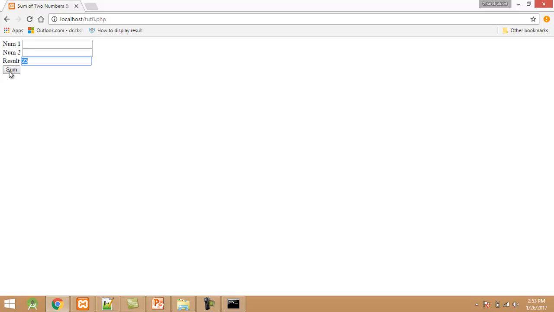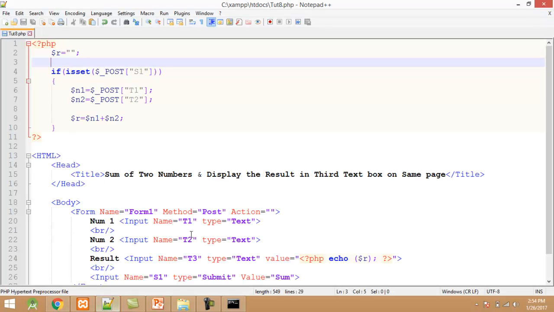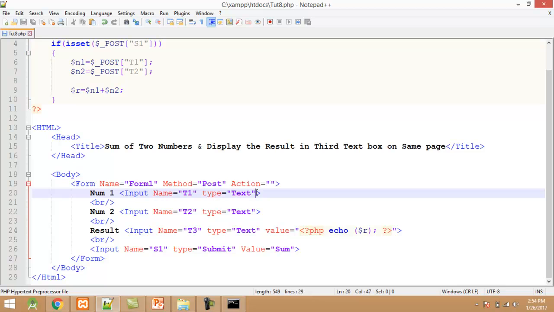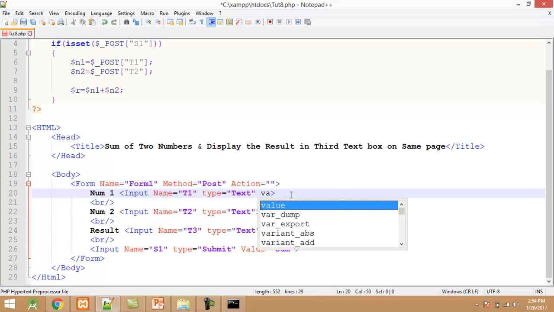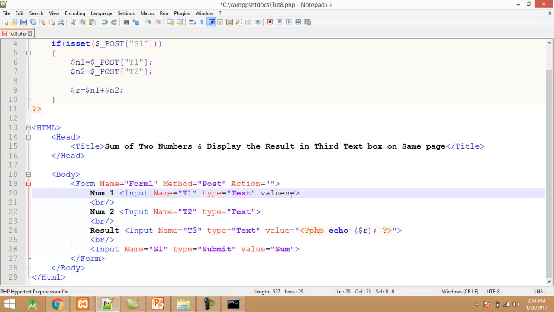But when we click on the sum button, text box 1 and text box 2 become empty automatically. If you want to display the values of n1, n2 or text box 1, text box 2 variables with the result, we need to make a small change in our code. We just write the value attribute here, value equals to